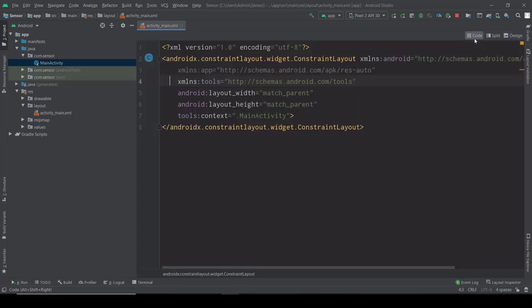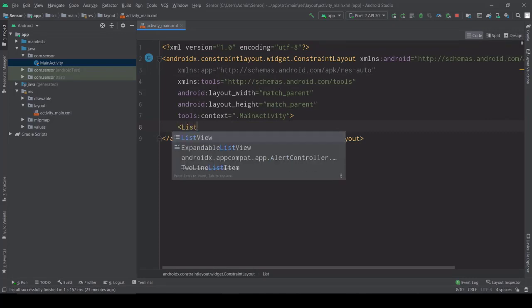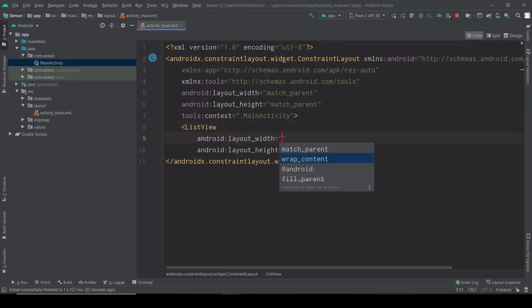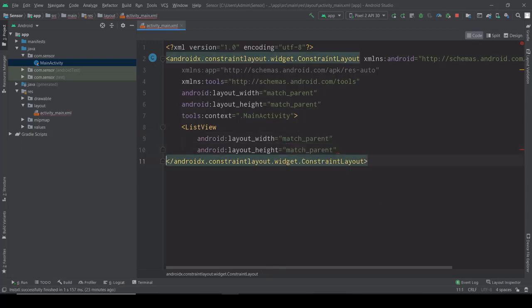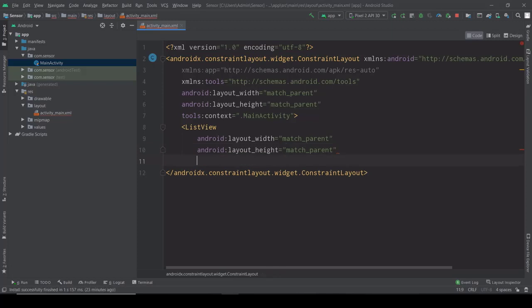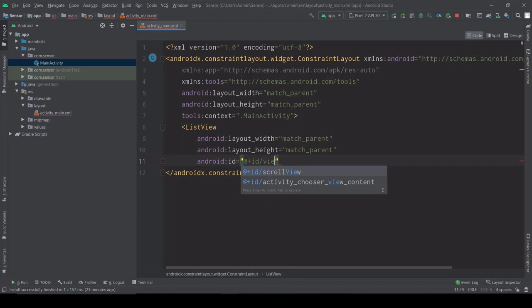I'm creating the list view for my activity. The width is match parent, because I want the list view to take the entire margin, and the ID is view.